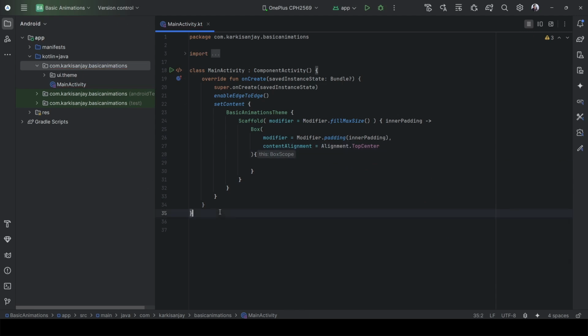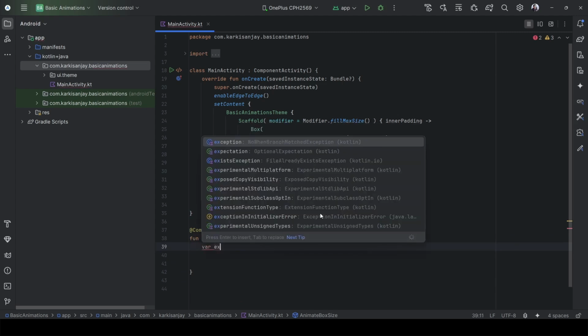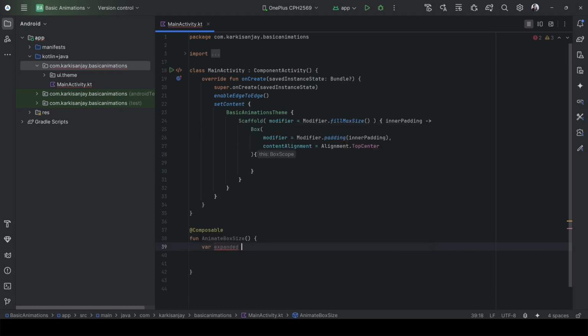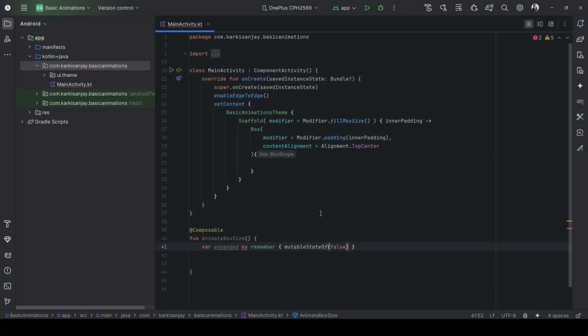And let's create another composable. And let's give it a name animate box size, and let's remove this modifiers. And for now let's create a variable named expanded, and by remember mutable state of false for initial. And let's import this by,